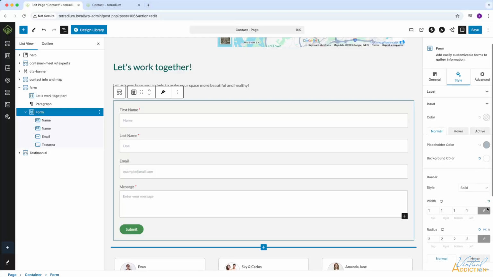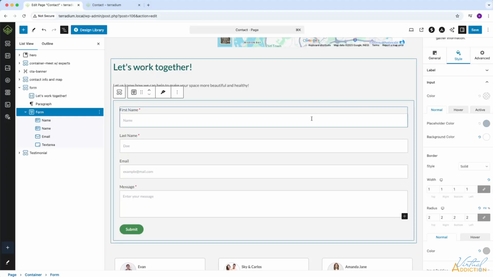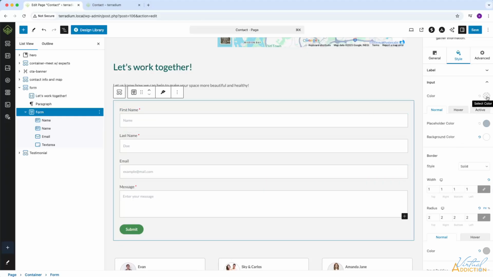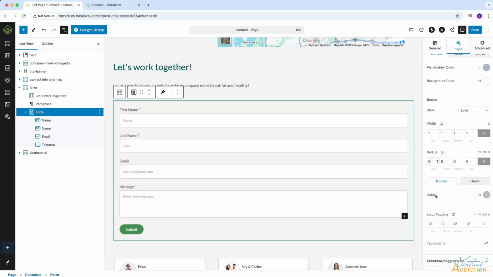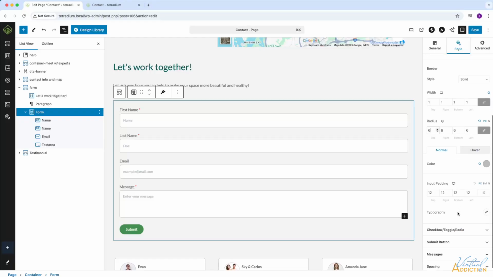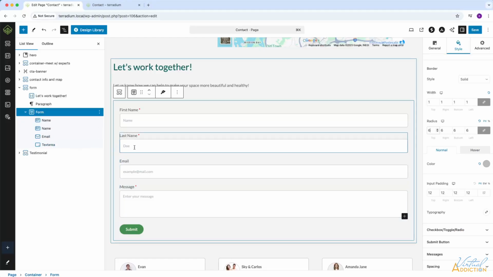If we go to the next area, which is input, we can style how we want our input elements to look. You can do things like set the color of the input fields. You can specify the placeholder color as well as the background color. In addition, you can set a border style, the border width, as well as the radius. I'm going to increase the radius slightly so that the design matches other elements within my website. You also have the option to control what the form field looks like when it is viewed normally or when the user hovers over. And finally, you can adjust the padding, which is the spacing on the inside of the